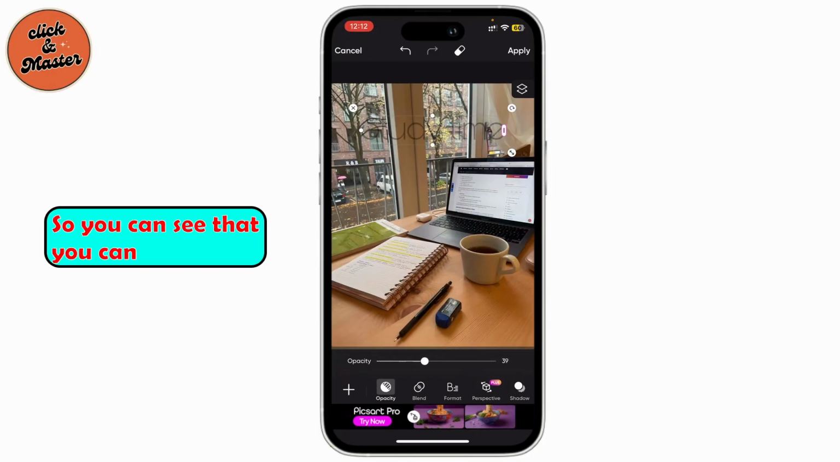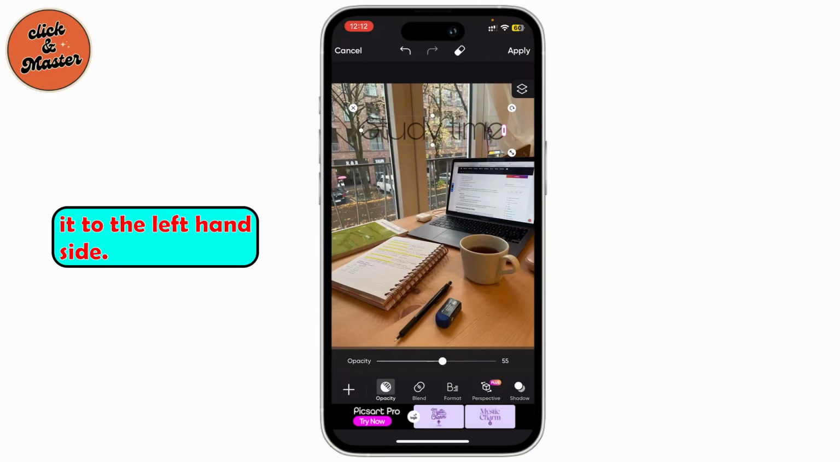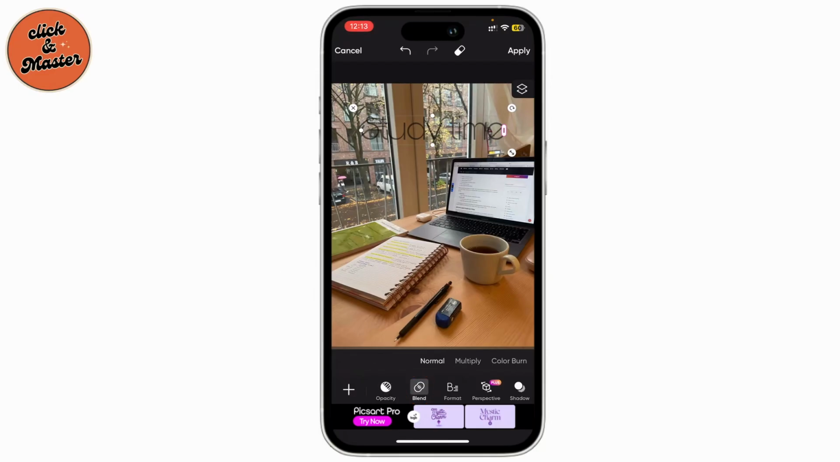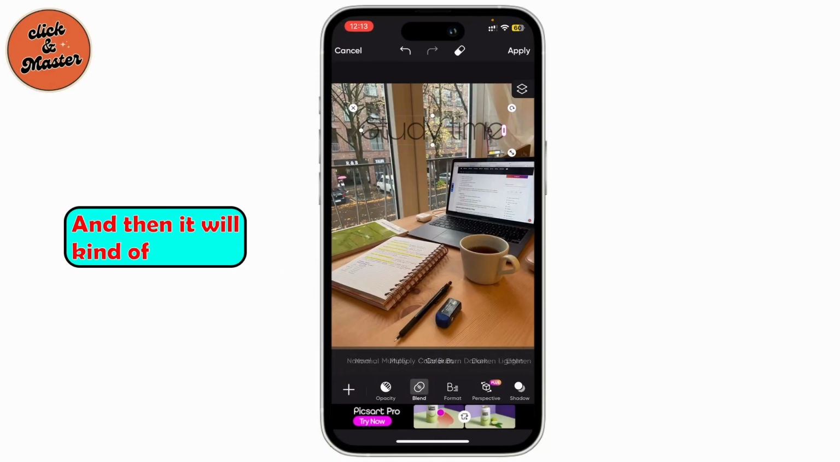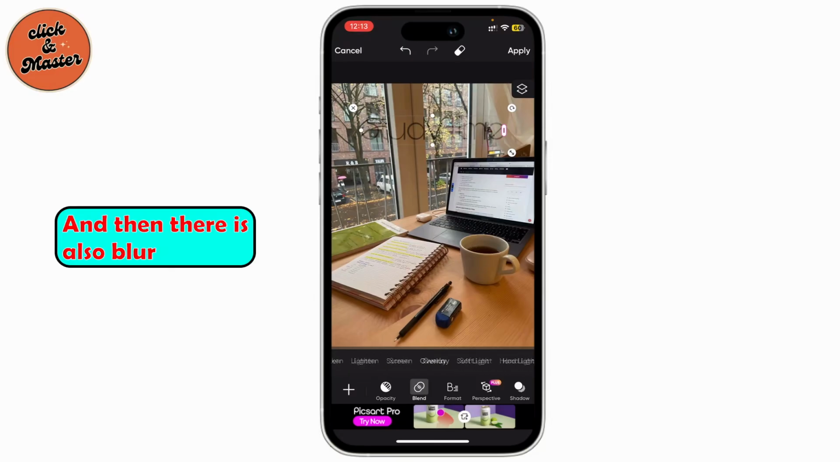So you can see that you can make the text a bit transparent if you decrease the slider, like if you drag it to the left hand side. So choose the one of your choice. You can even tap on blend if you want to, and then it will kind of blend with the picture. And then